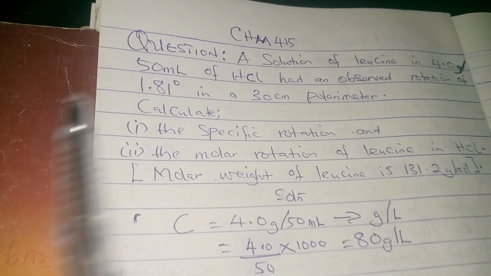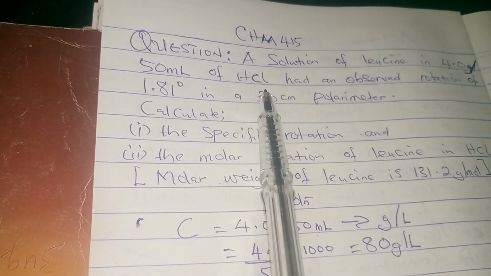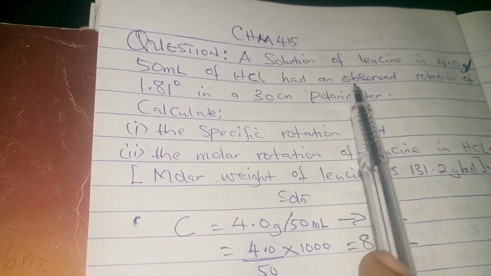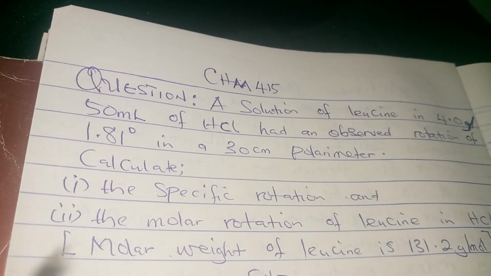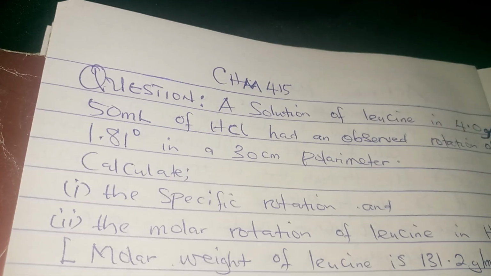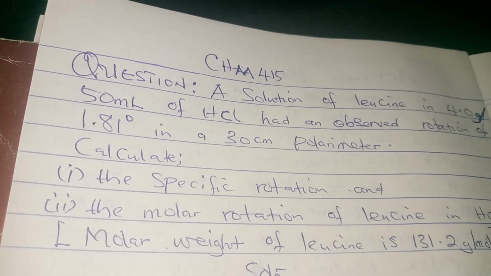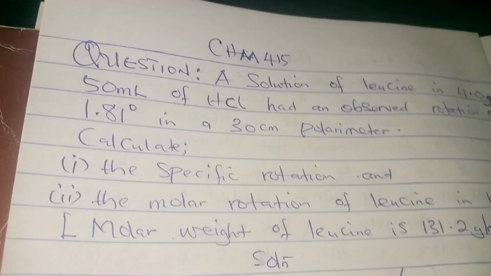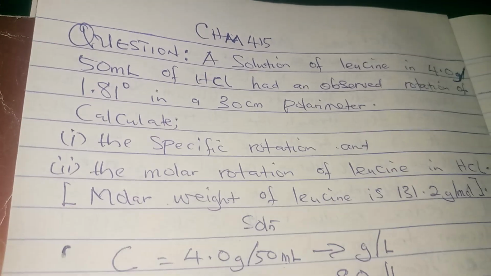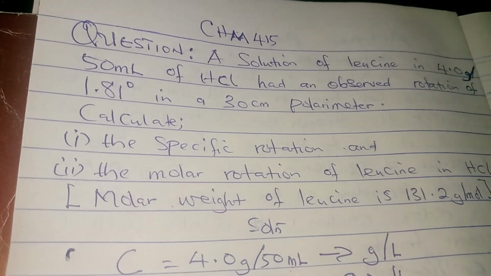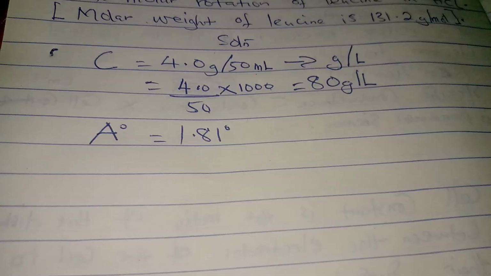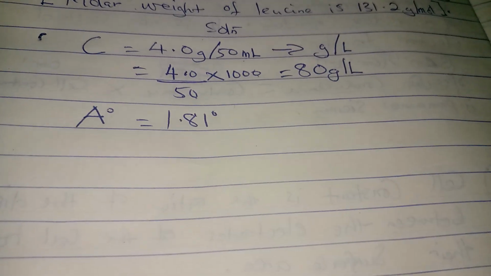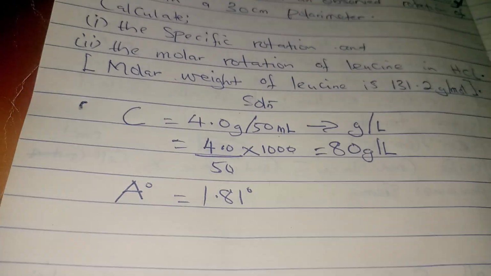They say of hydrogen chloride had an observed rotation of 1.81. So that means observed rotation is symbolized with a capital letter A naught, equal to 1.81 degree. Now, if you go to the question again, they say in a 30